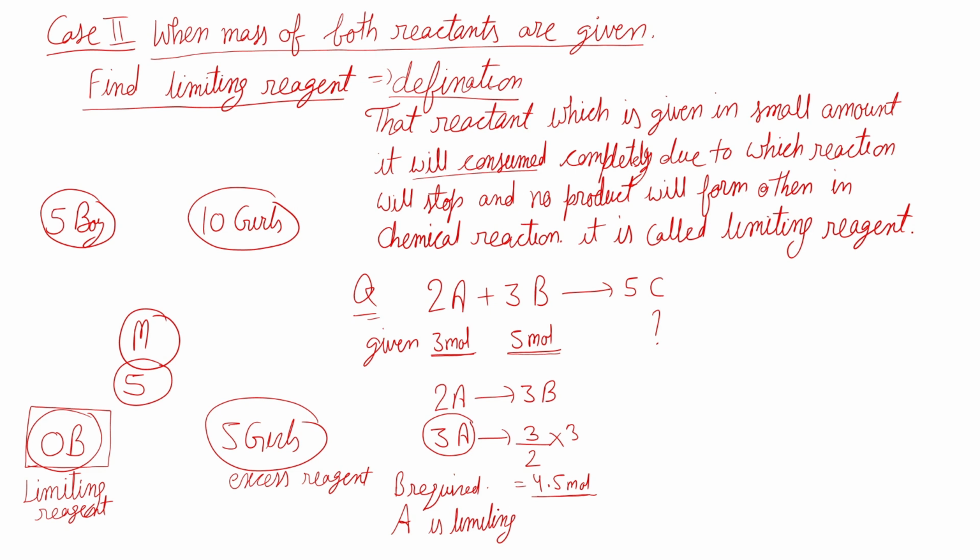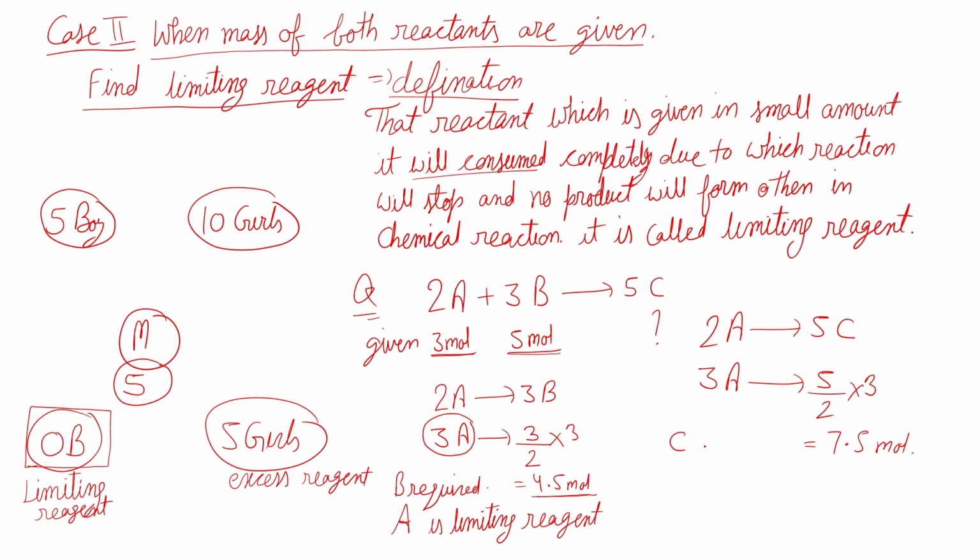limiting reagent here. Very first we have to find the limiting reagent basically, because the maximum amount of product is producing in the reaction, it will always depend on the mass of the limiting reagent given to us. So now as we know that A is the limiting reagent. So we can say if 2 mole of A is present, so it is producing 5 mole of C. So if 3 mole of A is reacting there, so the amount of C required or produced there, it will be 7.5 mole